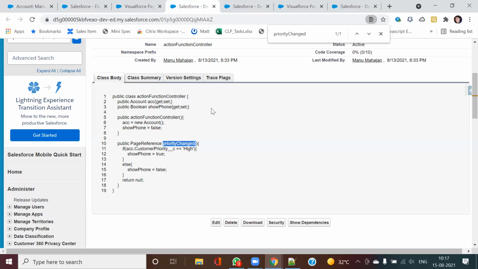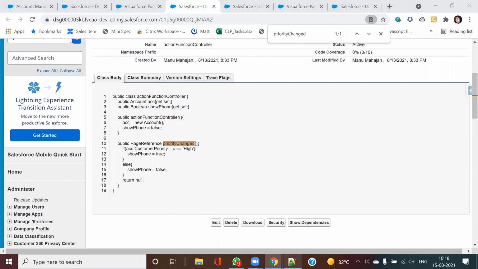So I covered 3 tags here. Action support mainly gives Ajax support to your component. Second, action function: before calling an Apex controller method, you want your JavaScript to get executed, so for that you have action function. And similarly, action poller: you want a section in a VF page to be refreshed after every 5 or 10 seconds.